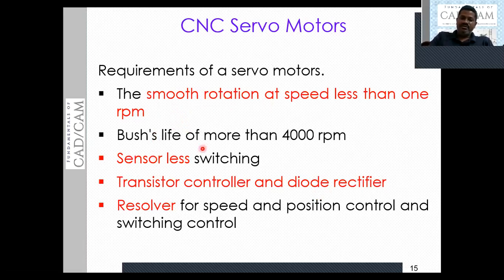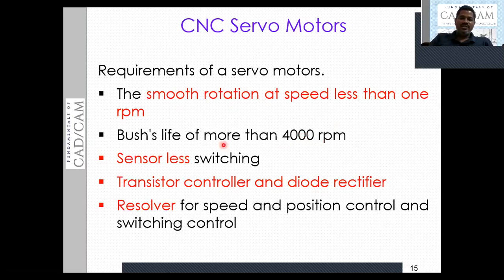Brushless life: the servo motors must have brushes with a life for more than 4,000 rpm. Even if the motor operates at 4,000 rpm, the brushes must be able to withstand this speed.